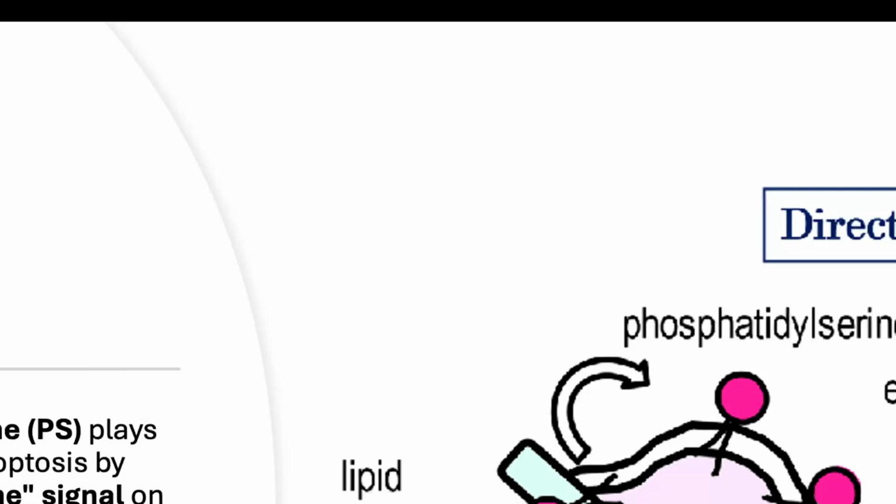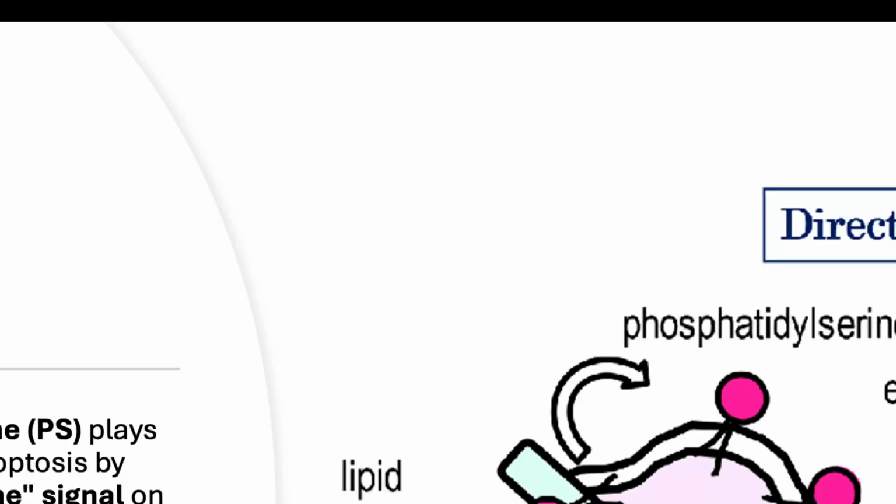So exposure of phosphatidylserine from the inner leaflet of the plasma membrane to the outer leaflet, like this. There are many proteins which are called lipid transporters or scramblase proteins, or enzymes, which facilitate the movement of lipids inside and outside. Since the plasma membrane is a double membraned structure, from the inner leaflet which faces the cytoplasm to the outer leaflet which faces the extracellular matrix. Now, when the phosphatidylserine is exposed and facing the extracellular matrix, this is an eat me signal to the cell,